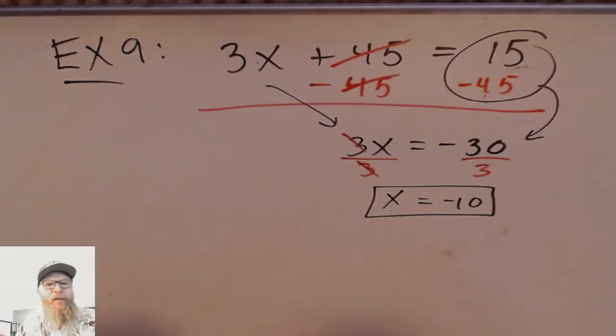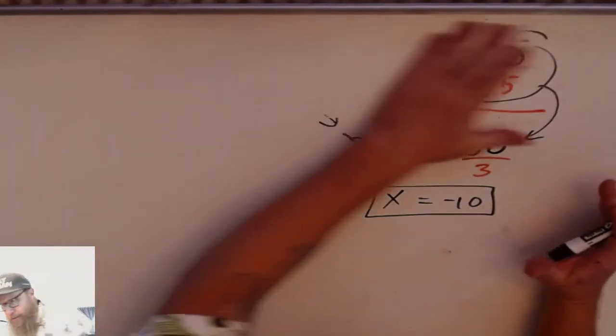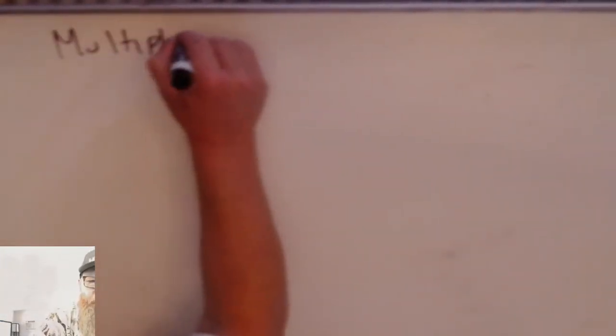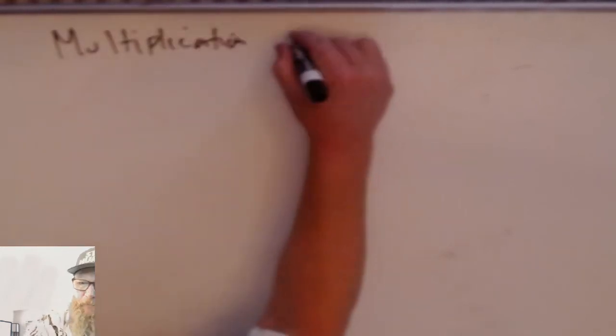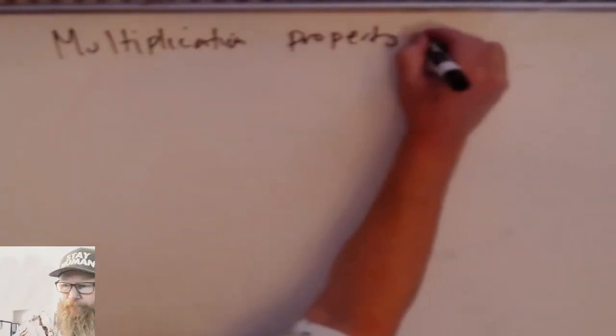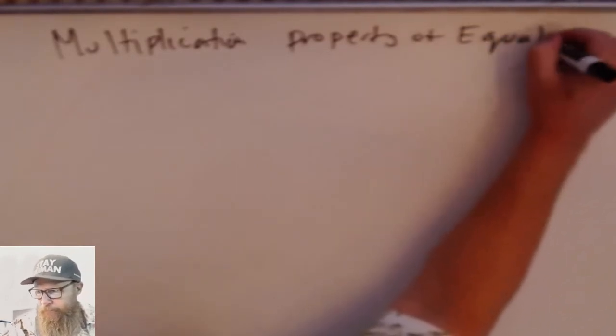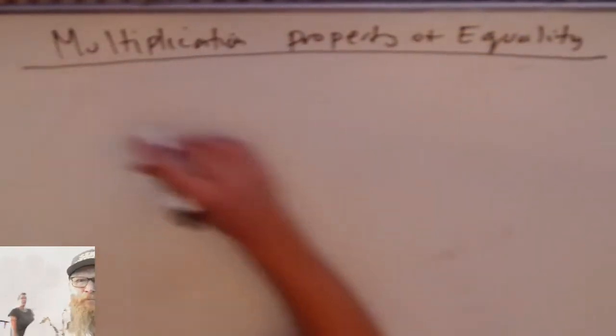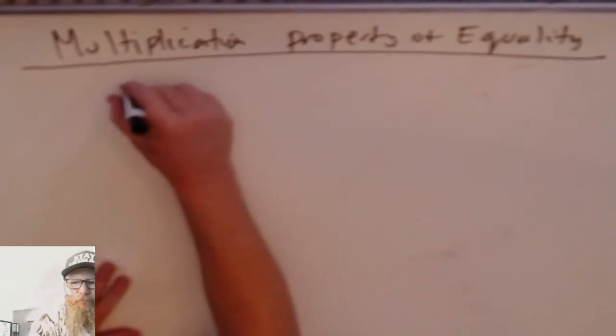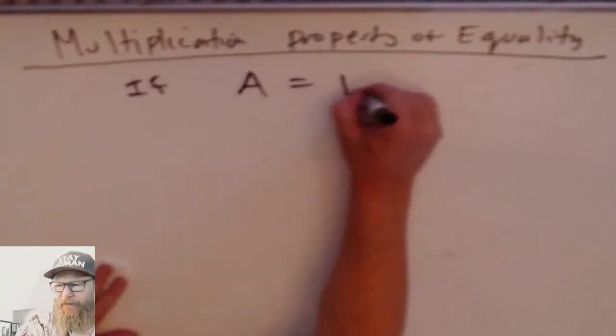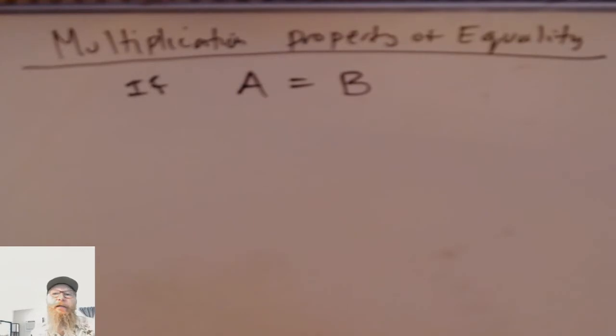All right, so we're going to eventually put all these principles together, these properties, principles, rules. They're basically all different ways of saying the same thing. The next property is called the multiplication property. If A is equal to B,